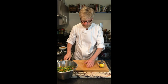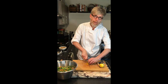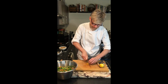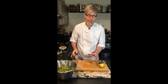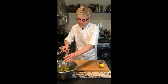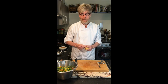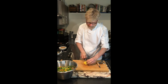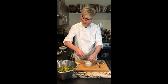Great. And this, I'll just give a little chop. It smells wonderful. And that goes into the salad. And then lastly, we're going to juice the lemon and salt the salad, and we're ready to go. You've got seeds to deal with. My suggestion is to get a little bowl and a fork